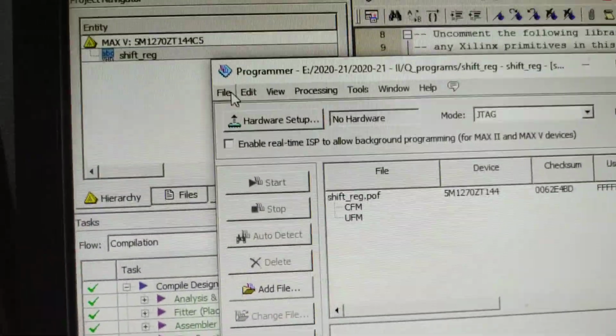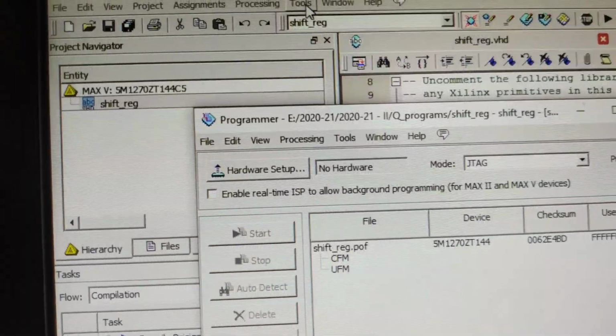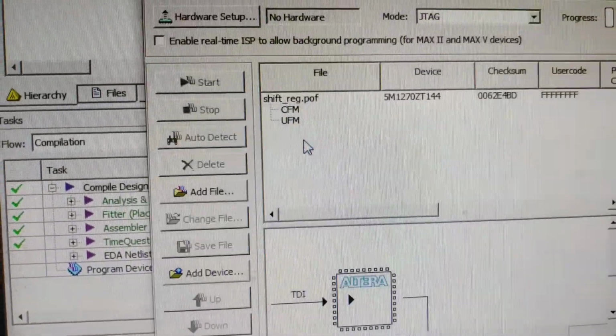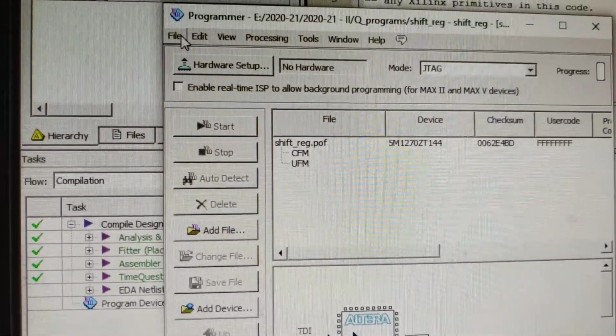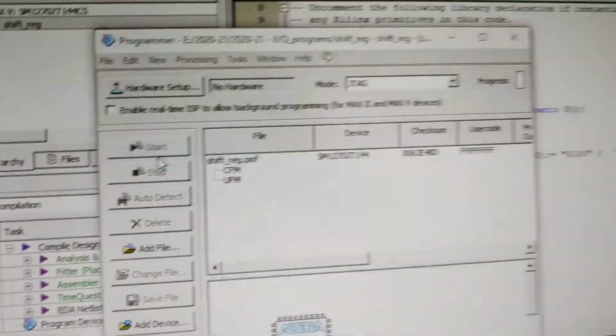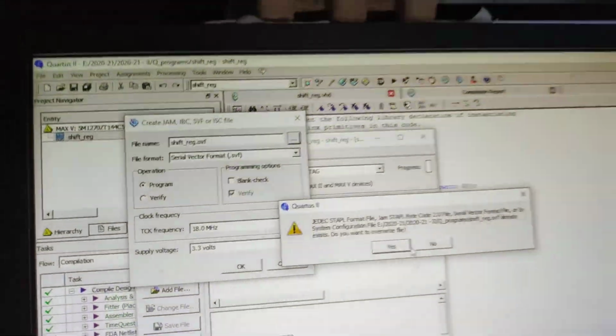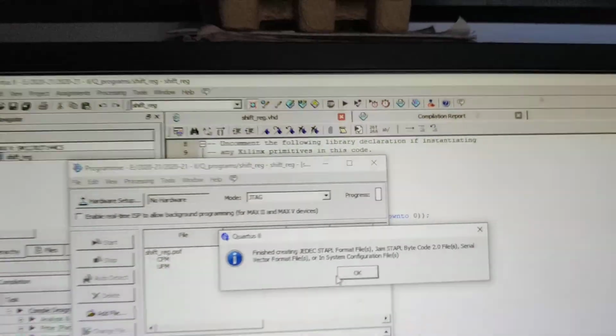So creating that, going for the programmer, that means tool operation, going for the programmer. It will be the SVF file that we are creating, named shift underscore that SVF file.